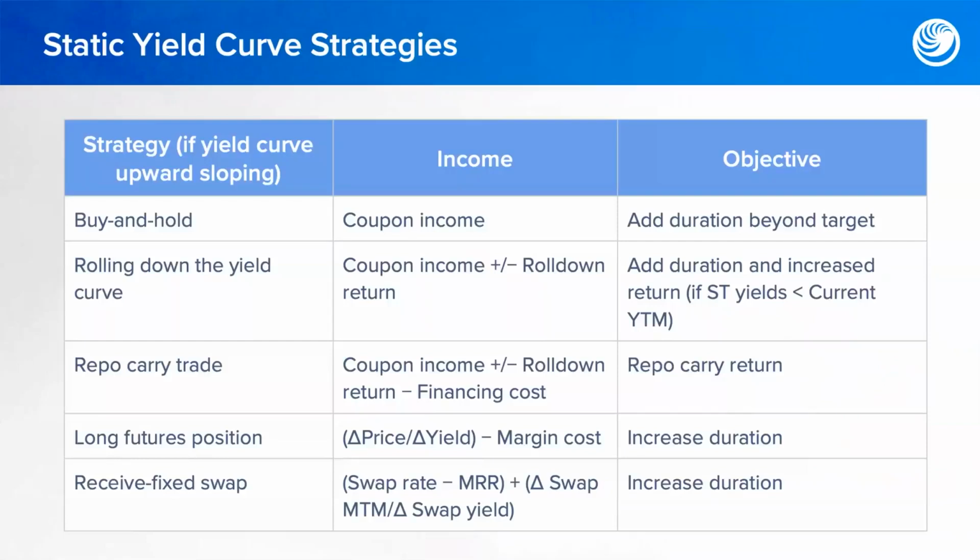Then we move on to our long futures. Here we rely solely on price appreciation rather than the coupon. We're synthetically increasing our duration through minimum upfront cost. So we're getting exposure on margin. Then finally, our